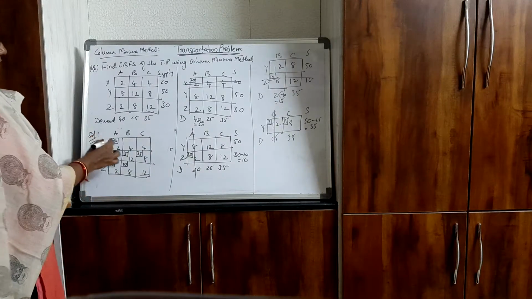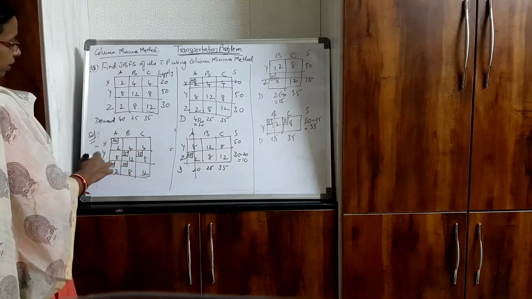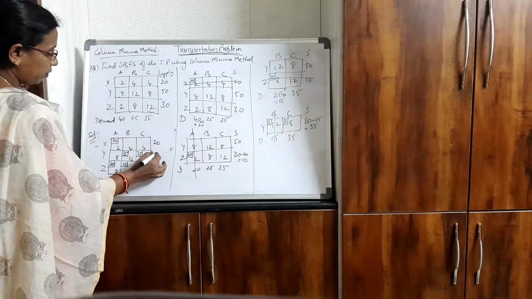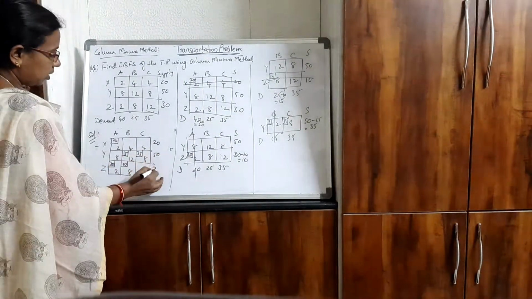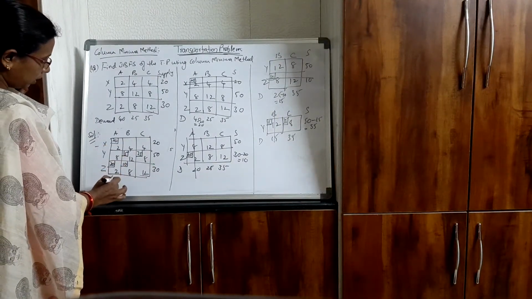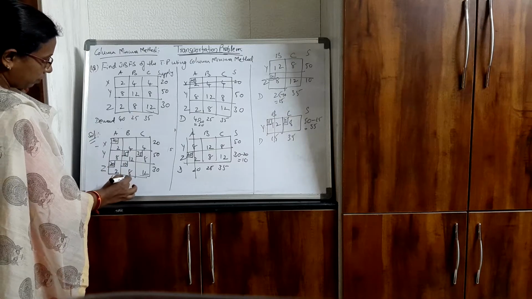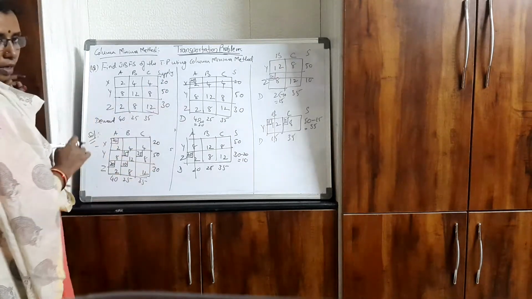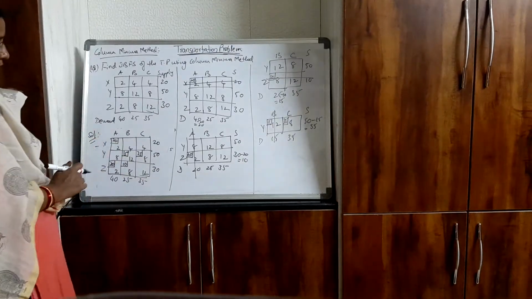Now add all the values in the upper left hand corner. So this is 20. Here you have 15, 35, so it is 50, 20, 10, 30. Column wise also, 20 plus 20 is 40, 15 plus 10 is 25, and here you have 35. So we got the same values as before allocation. That means the allocations are correct.